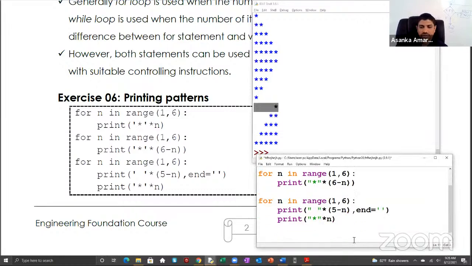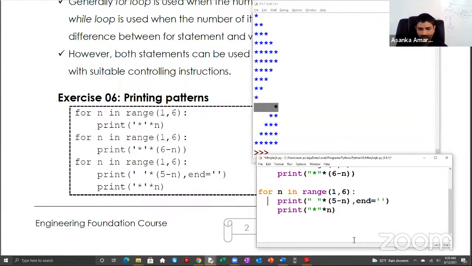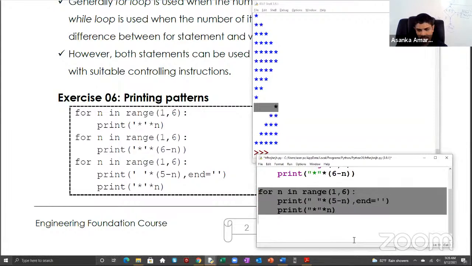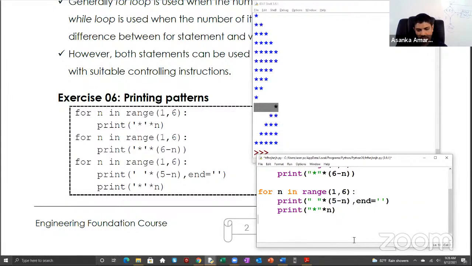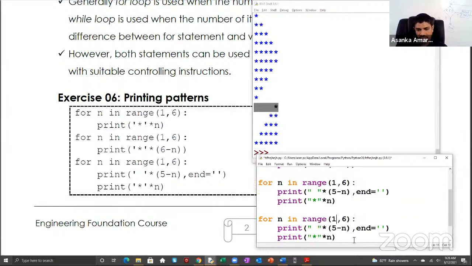If you want to do the last one without using two prints, without using two prints, you can do something like this. එකම එකේ දානවා නම්